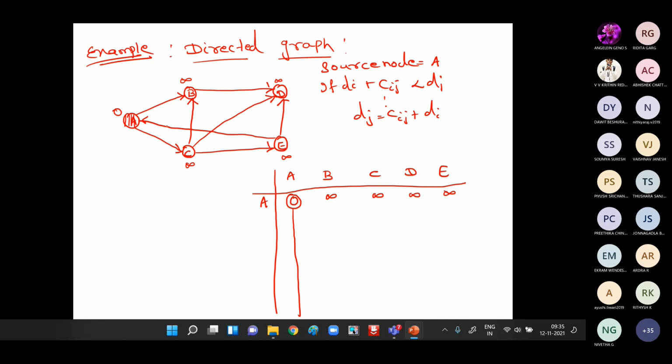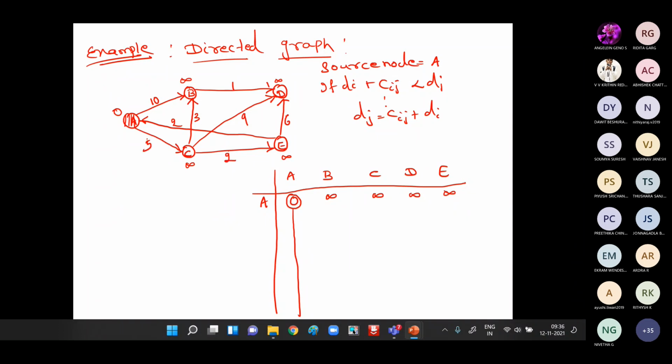Okay. Now A to which nodes are connected? A to B is connected, A to C is connected, and no other node is connected because E to A is connected, not A to E. This is the difference between the directed graph and the undirected graph. In the earlier case with the undirected graph, we would have to consider the calculation for E also. So what are the values given? Suppose this is 10, this is given as 1, and this is 2, 3, this is 3, and this is suppose 9 and this is suppose 6.